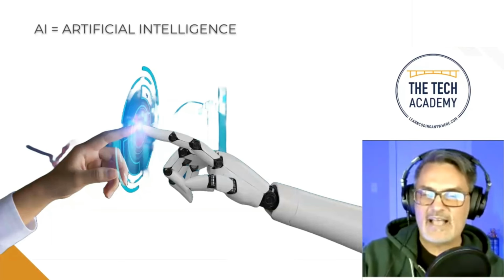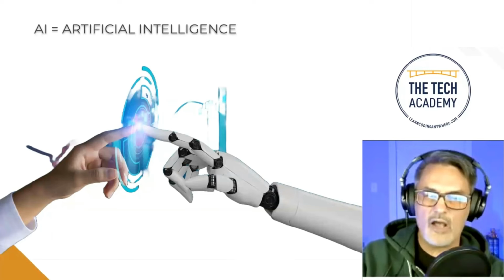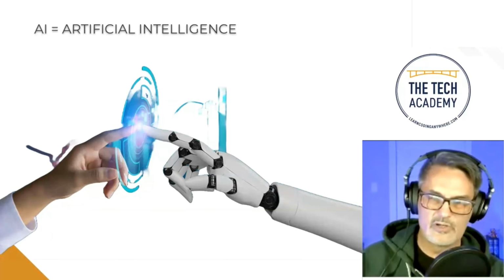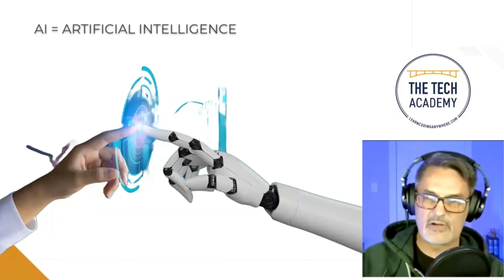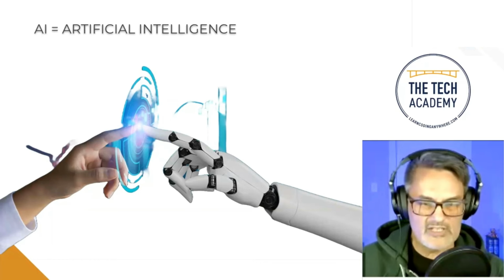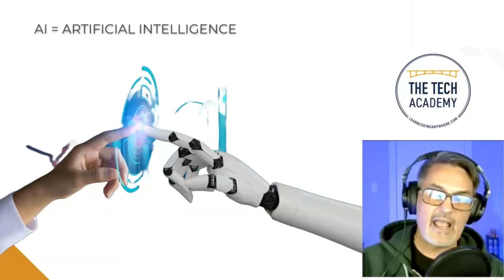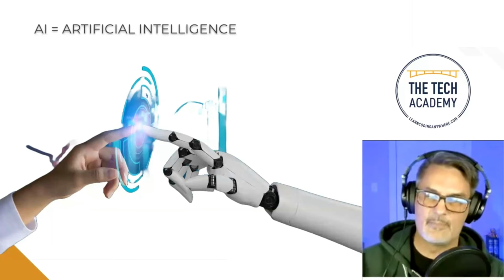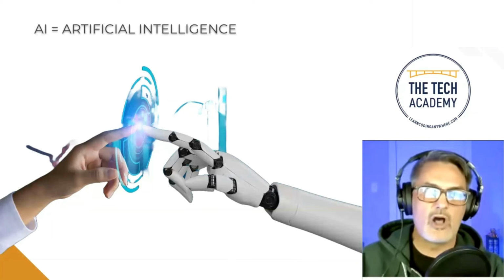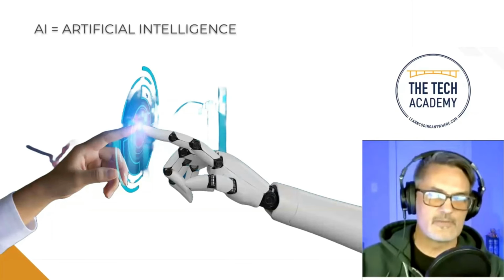There are types of tasks that human beings do, though, that are not strictly linear tasks where you just do one step after the other. And they generally involve working with lots of data and thinking about the data, making conclusions, and making predictions about things. And this is the realm of artificial intelligence.